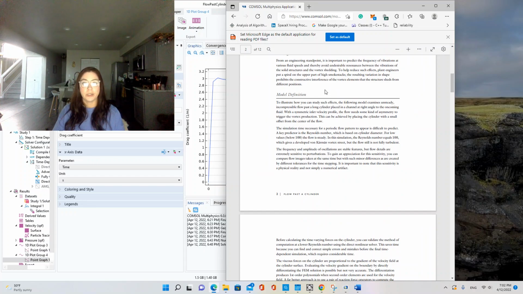So this model just illustrated how you can study such effects and examines unsteady, incompressible flow past a long cylinder placed in a channel at right angle to the oncoming fluid. This model used a symmetric inlet velocity profile, and it needs some kind of asymmetry to trigger the vortex production. So this is achieved by placing the cylinder with a small offset from the center of the flow. The simulation time necessary for a periodic